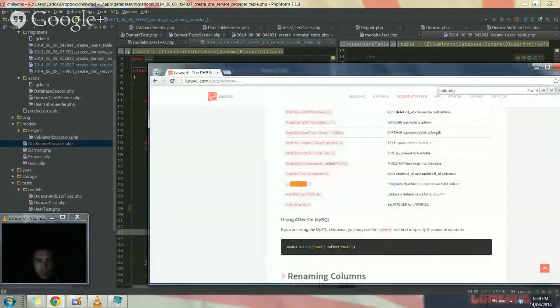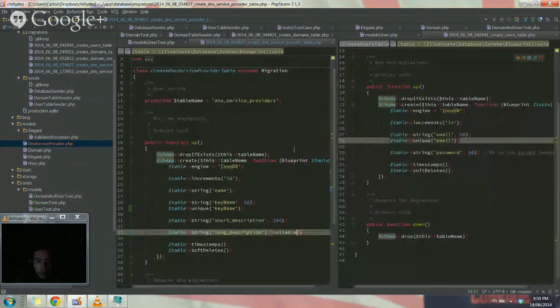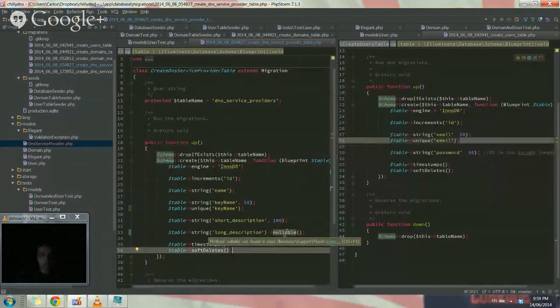Why is it highlighting it? Did I mistype it? Nope. I think it's not correctly detecting some of this stuff. So,